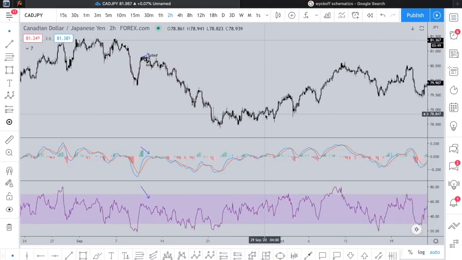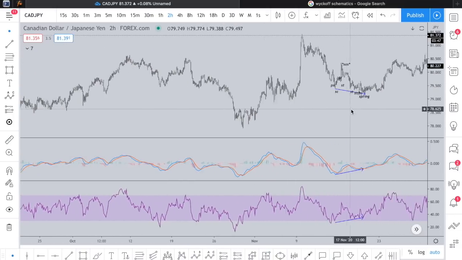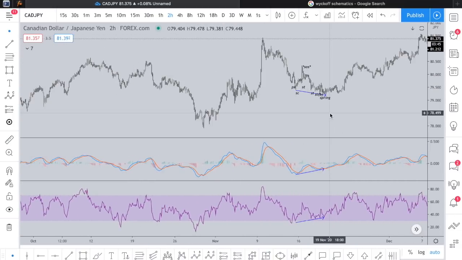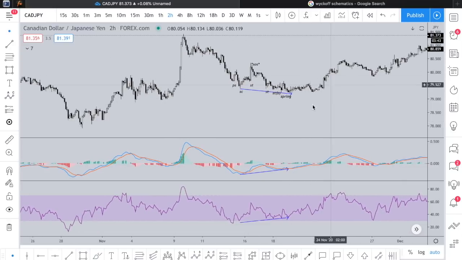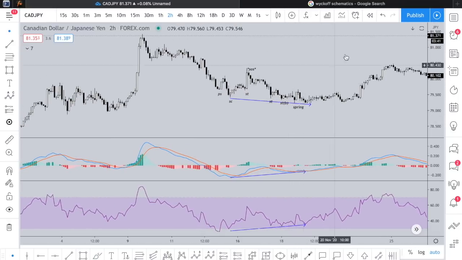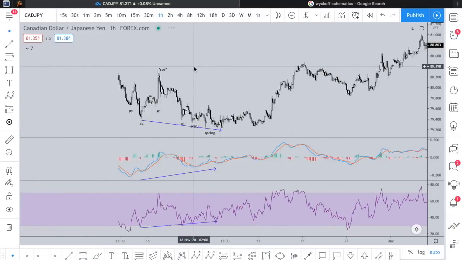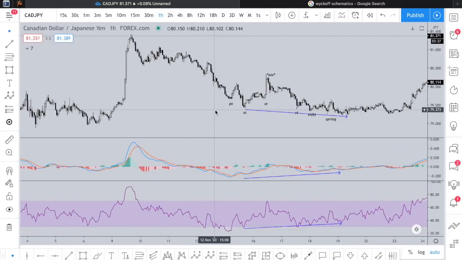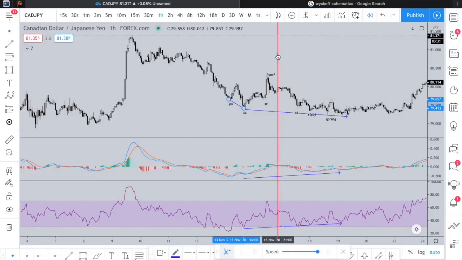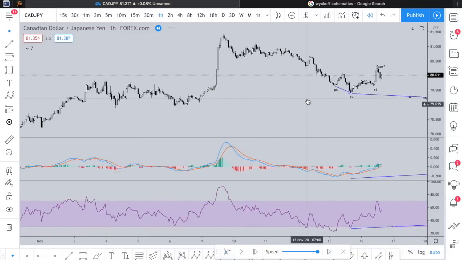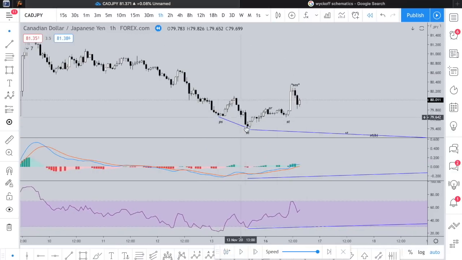But the reason I do not use this divergence as a method of analysis, especially alongside of Wyckoff anymore, is oftentimes when you want to trade based on divergence, you will have scenarios that simply will not play out. What I mean by that is looking at this same scenario, this initially would have been a divergence. So if you were looking at this live, maybe you would have identified this as creating a new low,